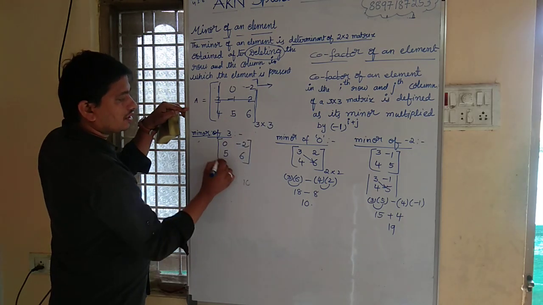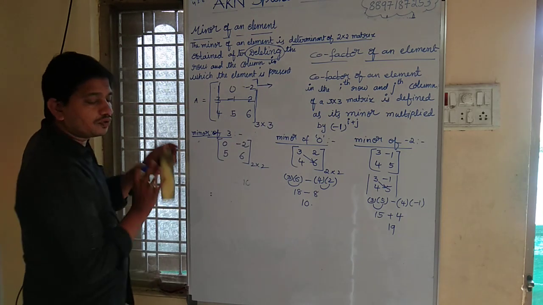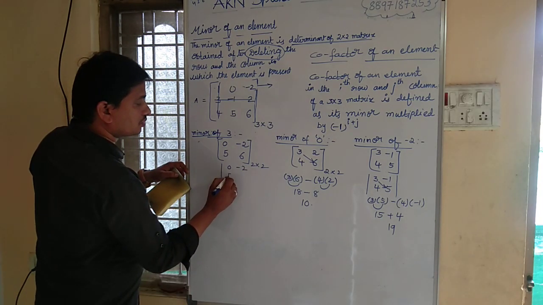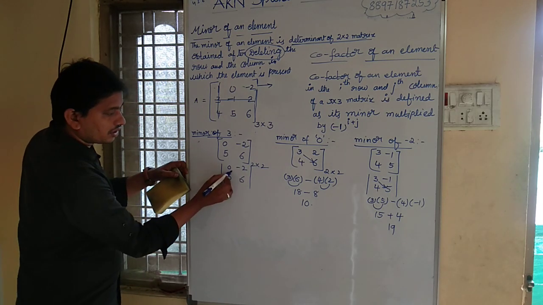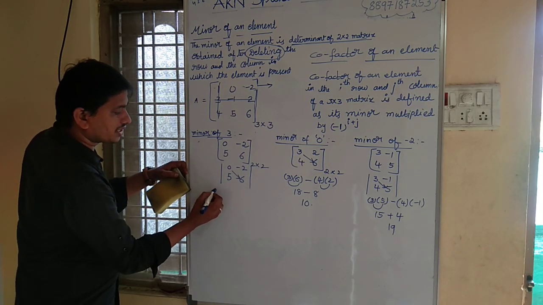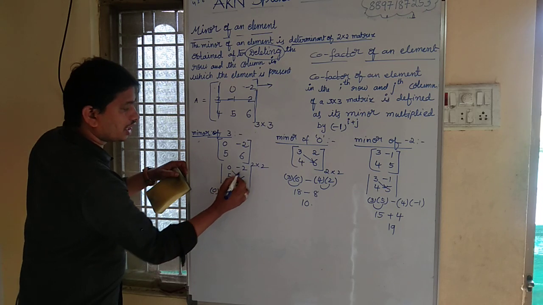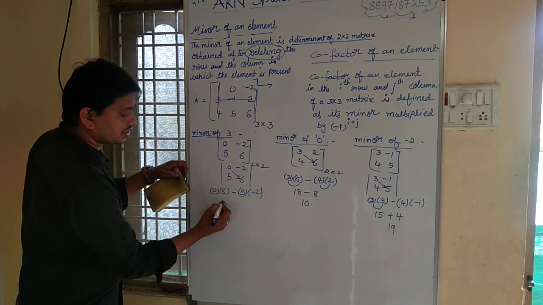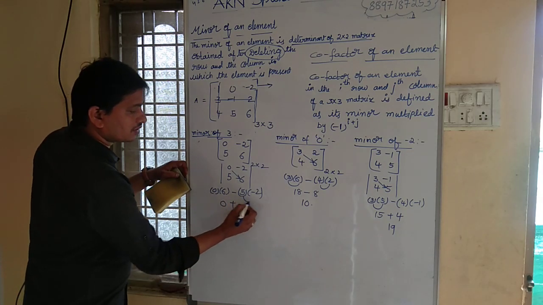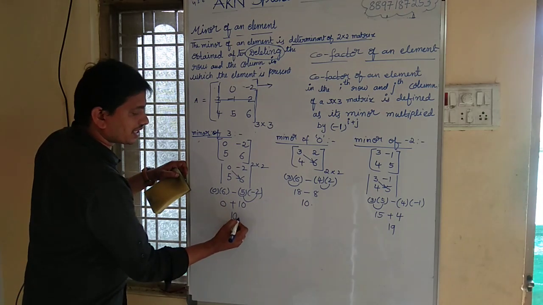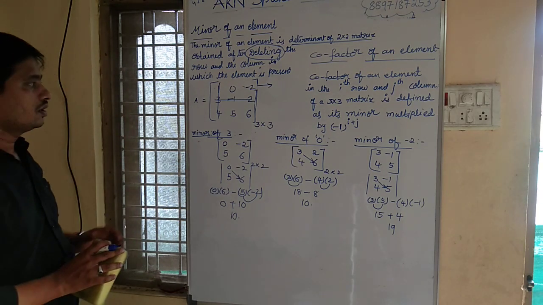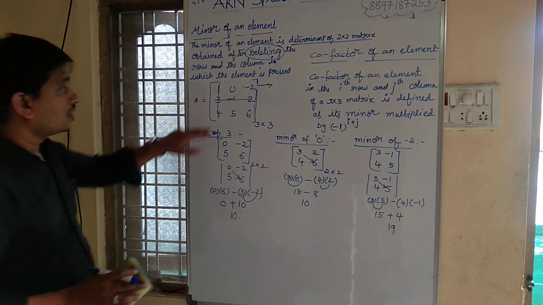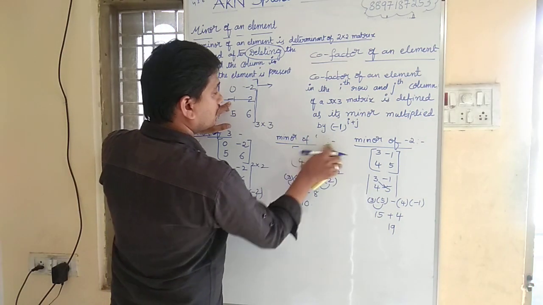This is a 2 by 2 matrix, and we need to find its determinant. So that is the modulus of [0, -2; 5, 6]: a1 b2 minus a2 b1, that is 0 into 6 minus 5 into -2. 0 into 6 is 0, minus into minus is plus, 5 twos are 10. So 0 plus 10 is 10. What is the minor of element 3, children? That is 10.